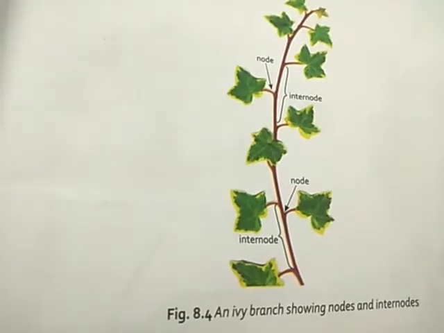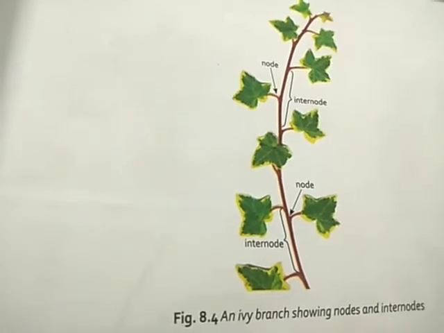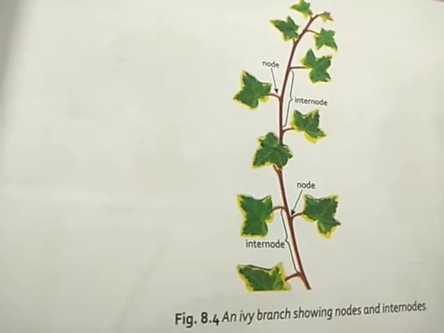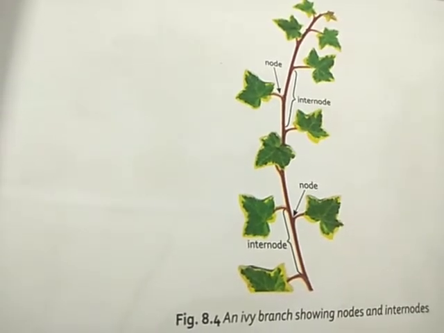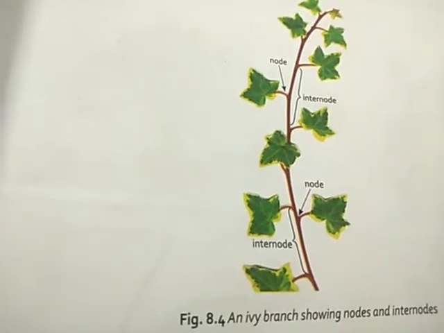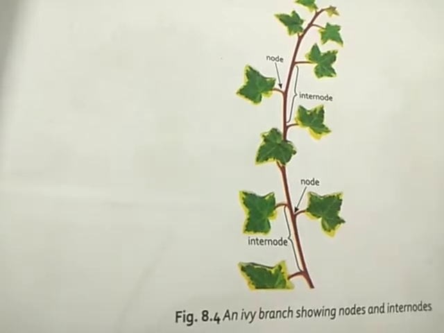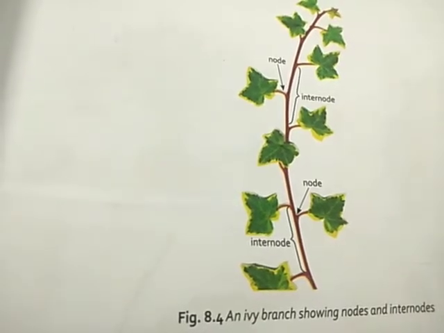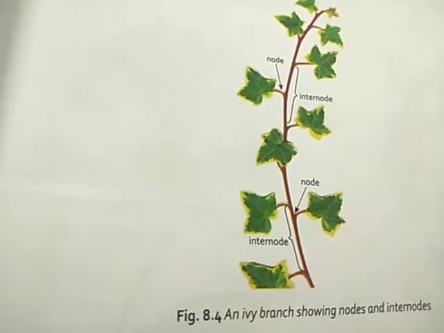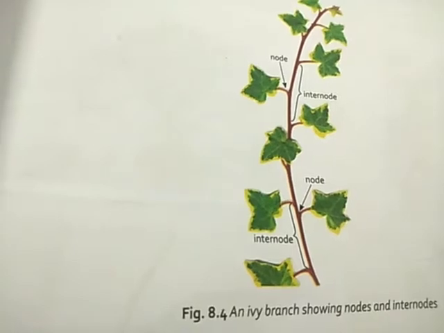So the second main part of the plant, one of the basic parts I told you about, the first one was the root system. Now we are talking about the shoot system. The parts of the plant that are usually above the ground form the shoot system, right? The parts above the ground, such as stem, leaf, flower and fruit, form the shoot system. In that we are going to talk about the different parts one after the other.